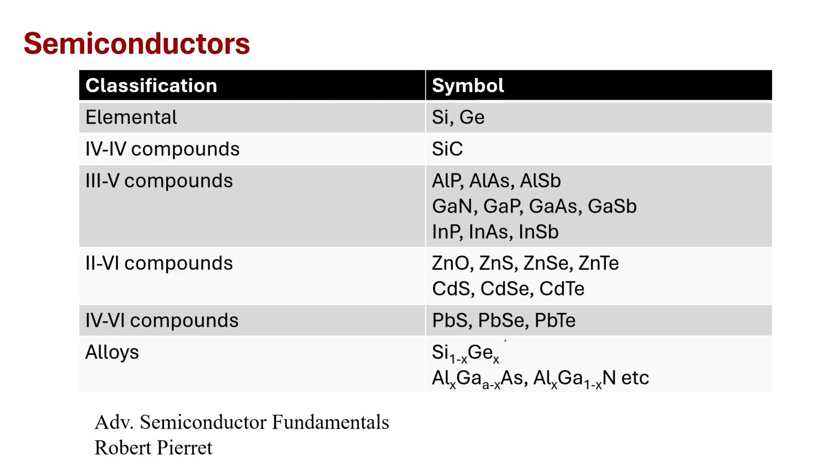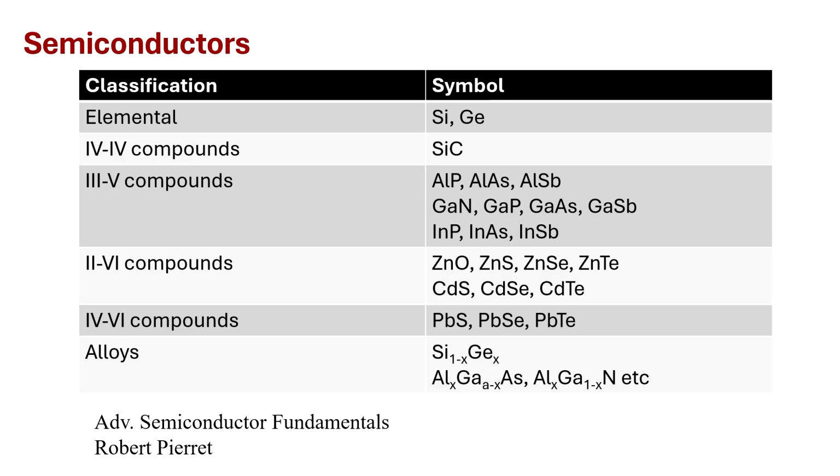So you can dope gallium arsenide with aluminum, or you can dope gallium nitride with aluminum. If you want to know more about these, I recommend this book, Advanced Semiconductor Fundamentals